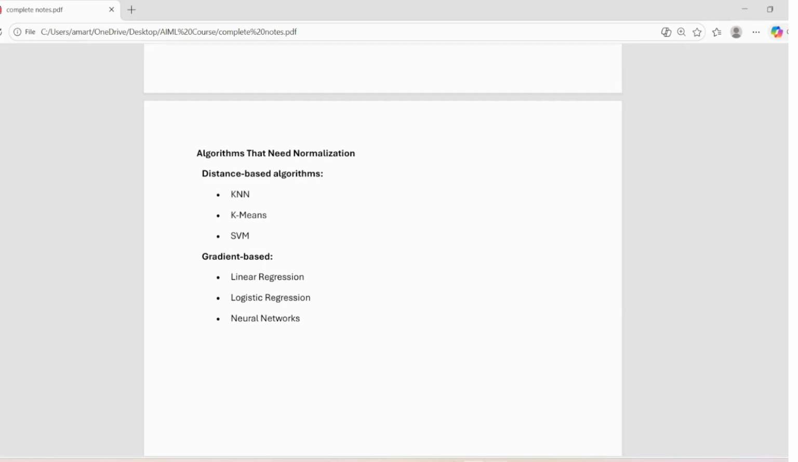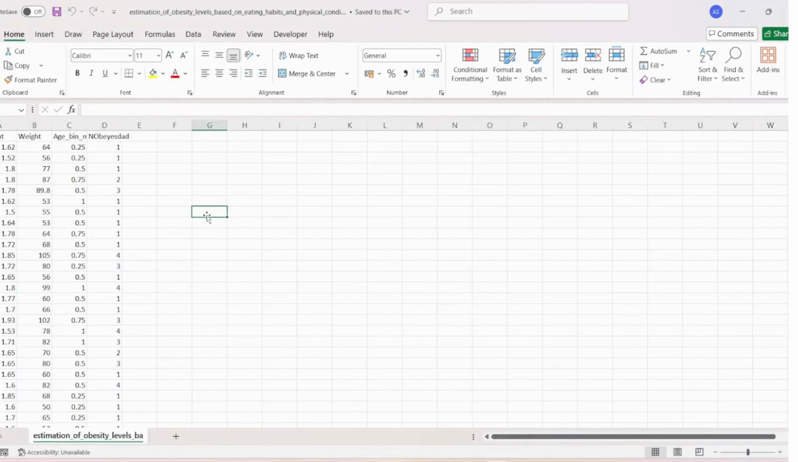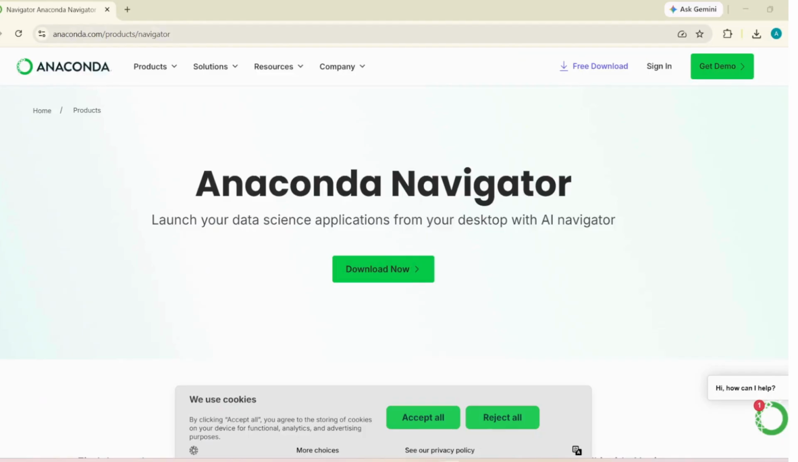So this is the data set. I will apply normalization to these two columns, height and weight. I will show you how we can do it using Python. For Python, we will use Jupyter Lab. For using Jupyter Lab, please download Anaconda Navigator. In my system, it is already downloaded. So when you download it, just search